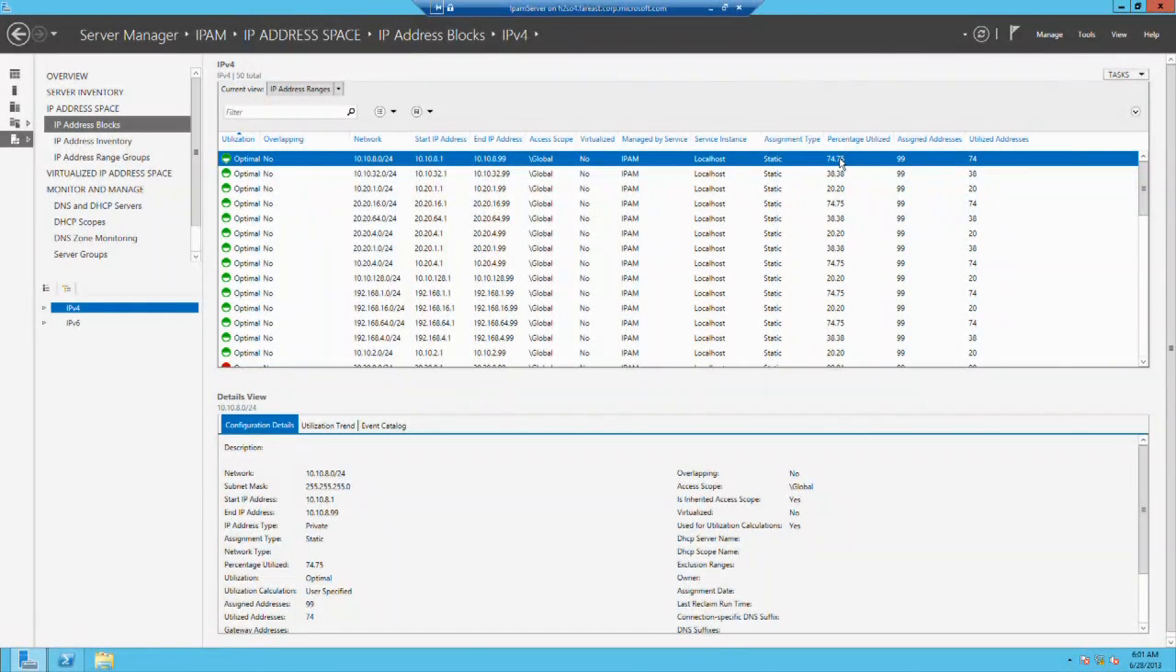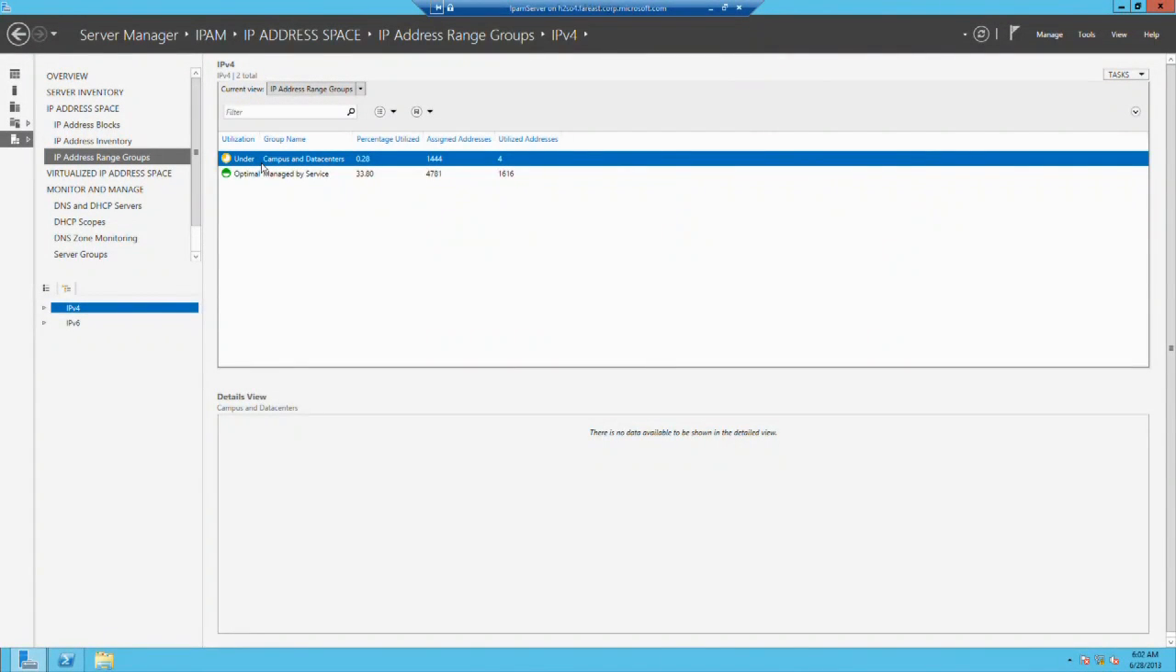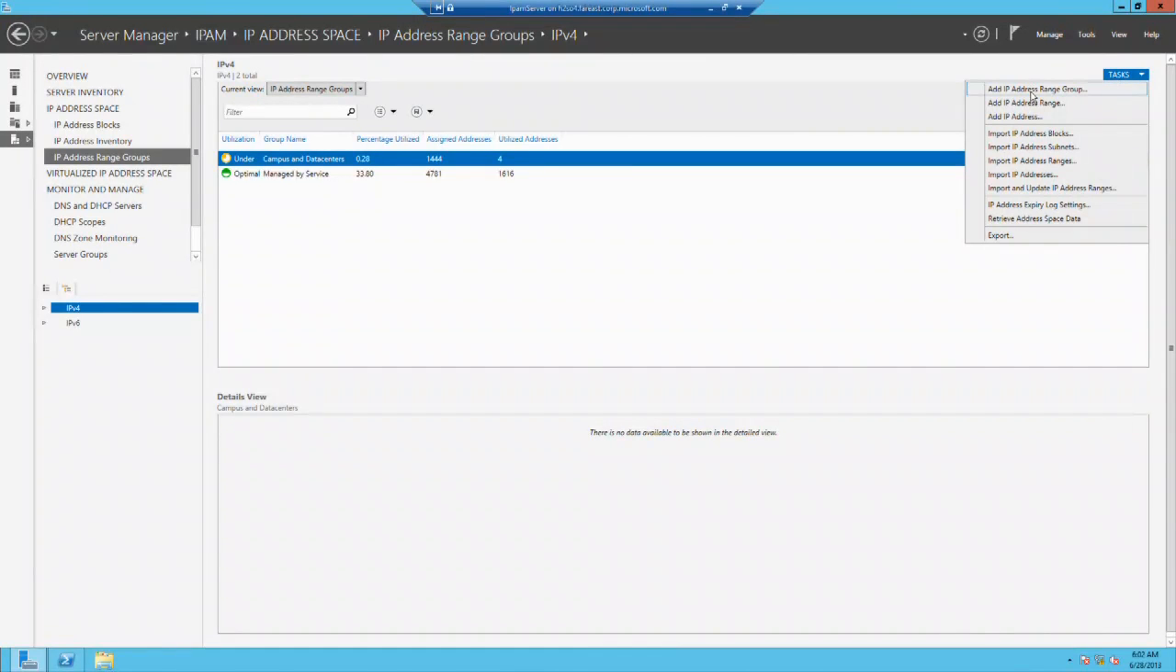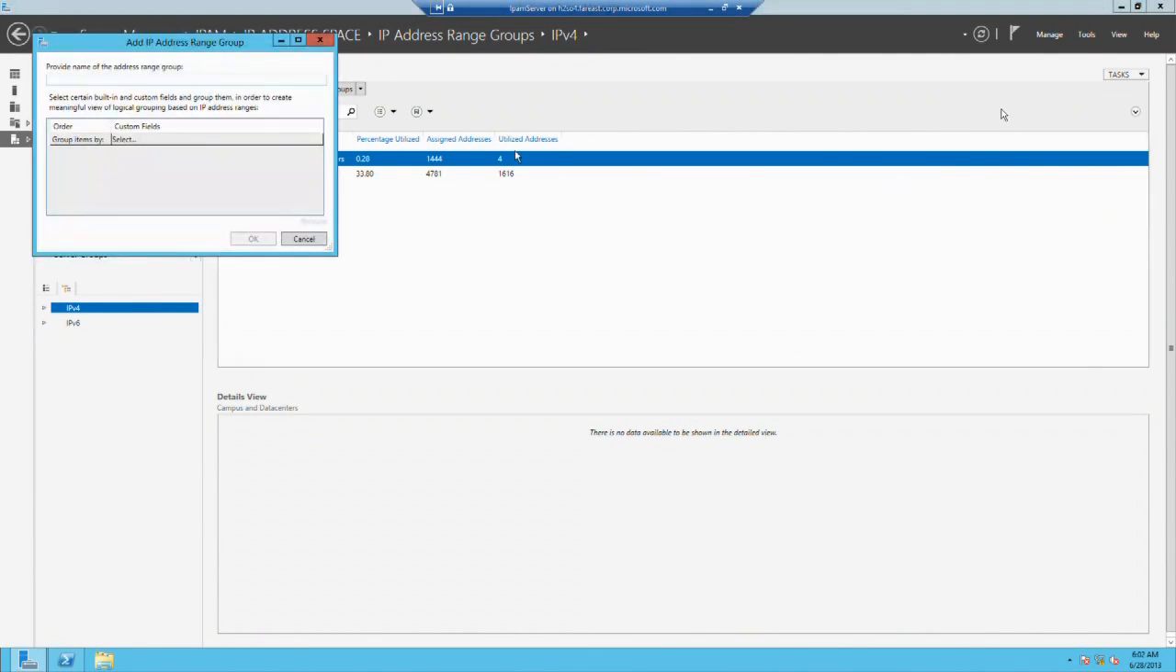So I'll just do a quick demo of a functionality called IP address range groups. You can define groupings of IP address ranges, and that builds a hierarchy, and we'll do that right away. So right now there are two IP address range groups, and we'll define a new IP address range group. So I'm adding a new IP address range group,